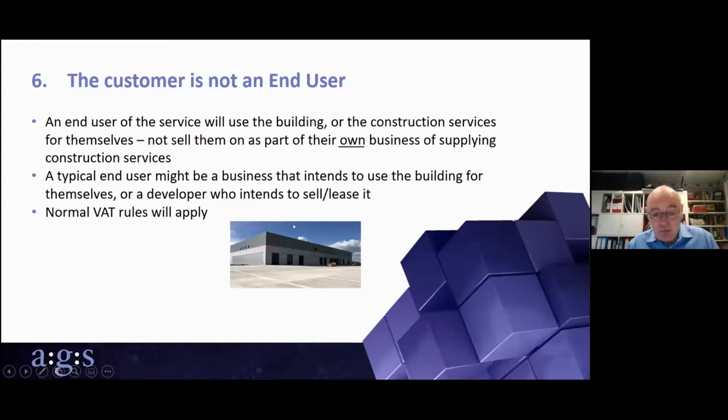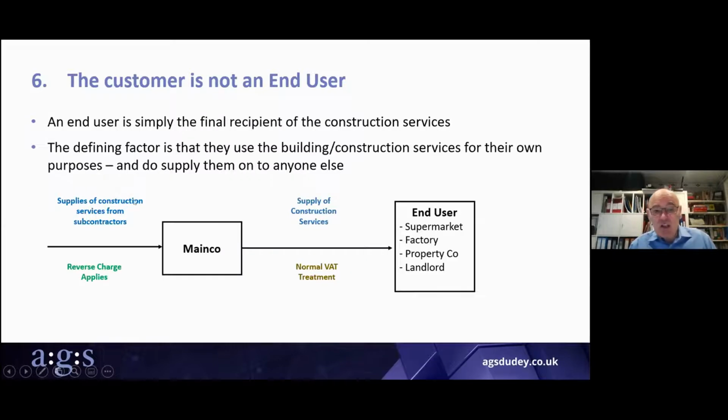And that simply illustrates what I just described. This is what a typical end user would end up with. They'll end up with a building. All the construction services received will be used to complete it, and the end user can use it for their own business purposes. It's the end of the construction supply chain, as I said. This just illustrates the point I've just made, because sometimes, just to try and get it clear what it is we're talking about. From the left, you've got a whole chain possibly of subcontractors making supplies in to the main contractor, all subject to reverse charge.